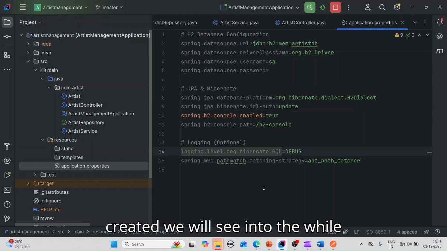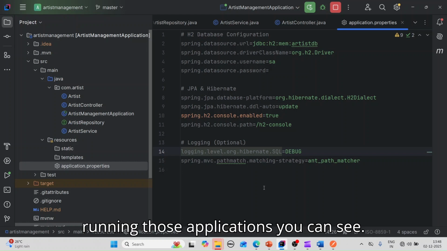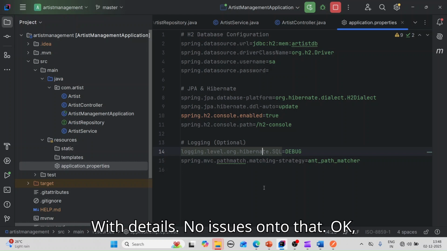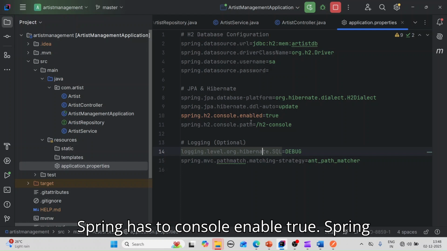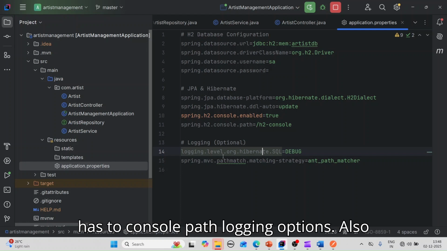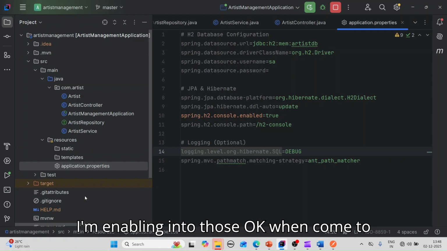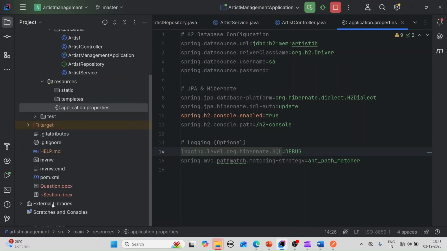We will see that while we are running the application. You can see those details. No issues with that. Okay, Spring H2 console enabled, Spring H2 console path, and I'm also enabling the logging options. Okay, when we come to the pom.xml file,